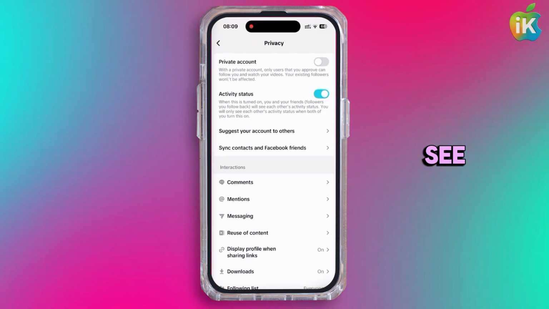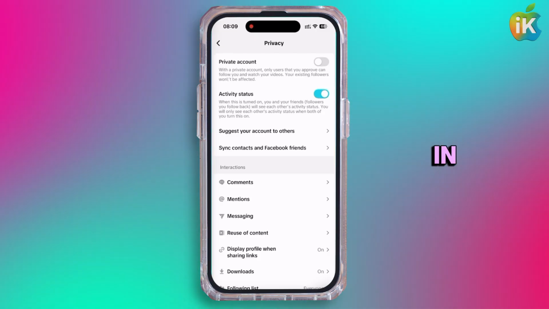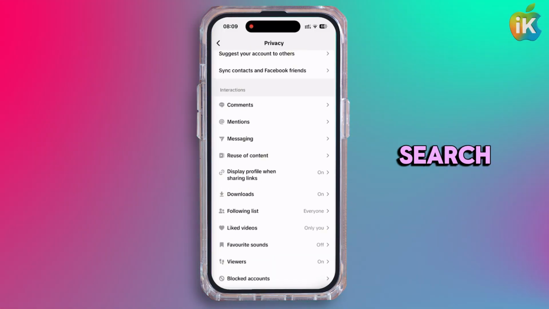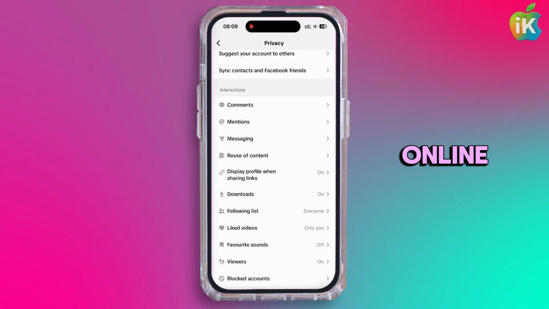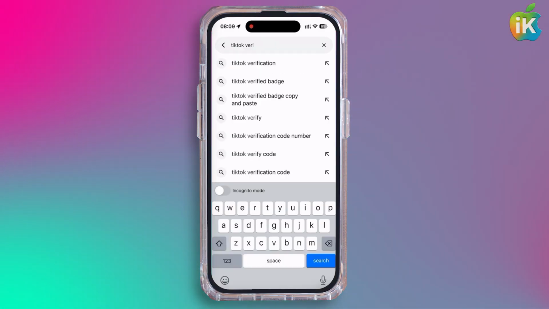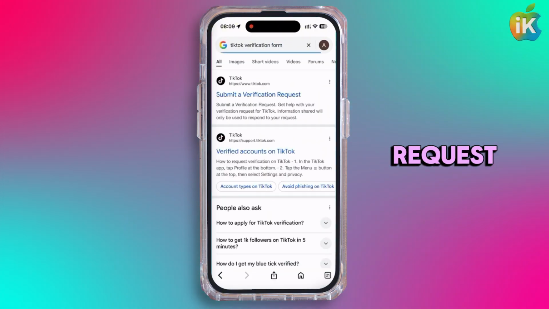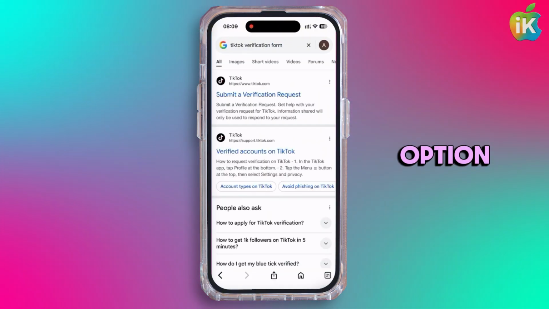However, if you cannot see the verification option in your app, in that case, head over to Google and search for TikTok's online verification request page. This way, you will get a TikTok verification request page. Tap on the first option, which is by